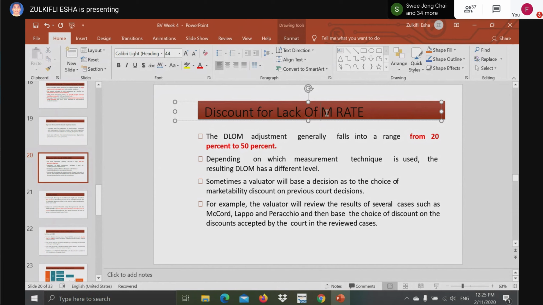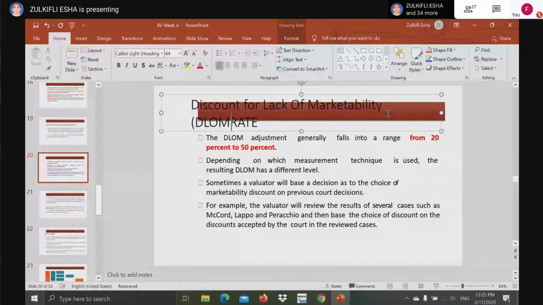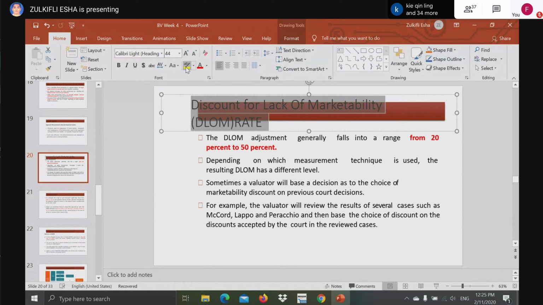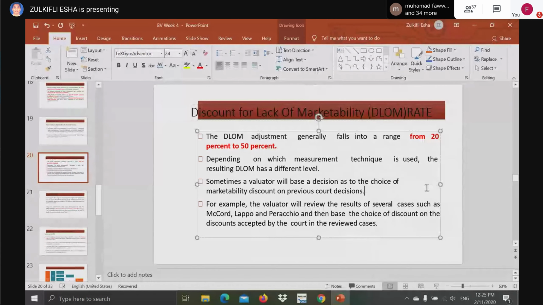M stand for marketability. Okay. So discount for lack of marketability adjustment generally falls into a range of 20 to 50%. Wow. It's higher, right? Just now